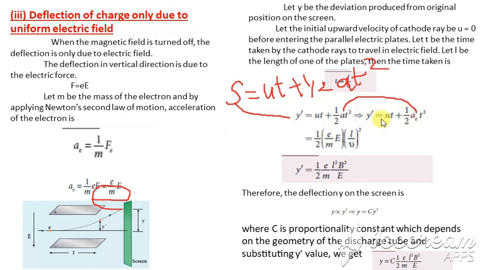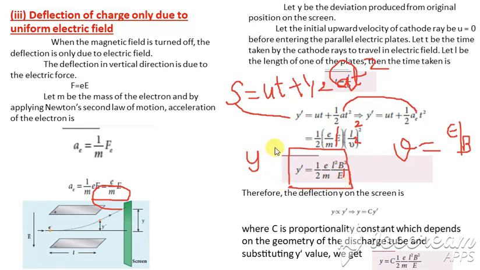So instead of a, if you substitute this, and t is equal to what? L divided by v. Substituting those values in this, we get e divided by m into E, L square divided by v square. And already we know what v is, v is equal to E divided by B, is it not? And so substituting the value of v here, we get E square divided by B square. So the B square goes to the numerator, and one value of E and E get cancelled. So we get y dash, which is equal to half e by m into L square B square by E.